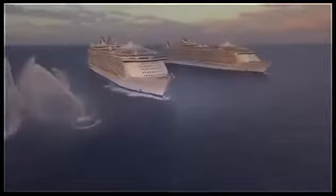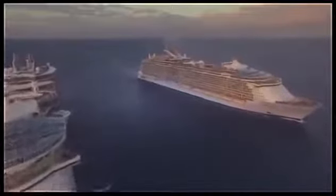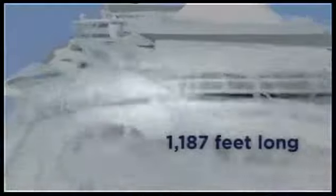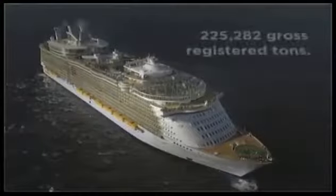Today, Allure of the Seas, Oasis of the Seas' sister ship, brings even more neighborhood-inspired features and amenities to the Caribbean. This floating metropolis is 1,187 feet long and 208 feet wide. At her highest point, she towers 213 feet above sea level. In all, Allure of the Seas encompasses an amazing